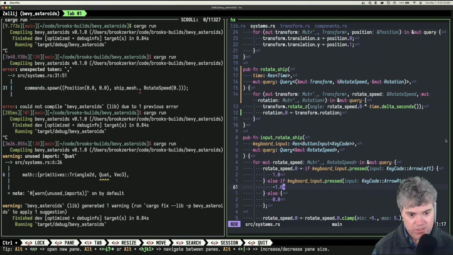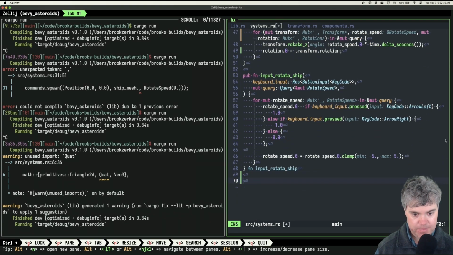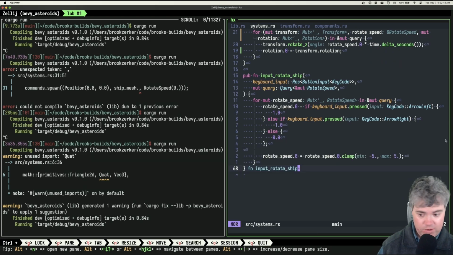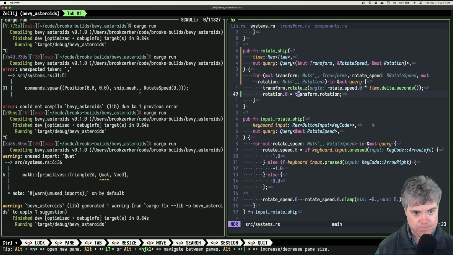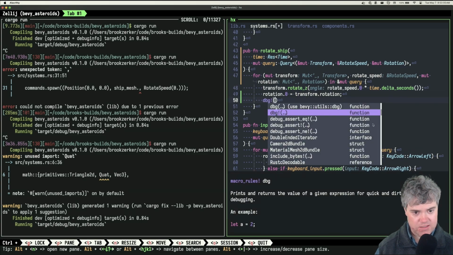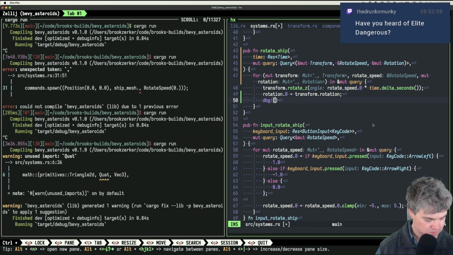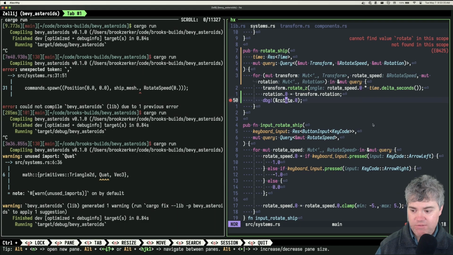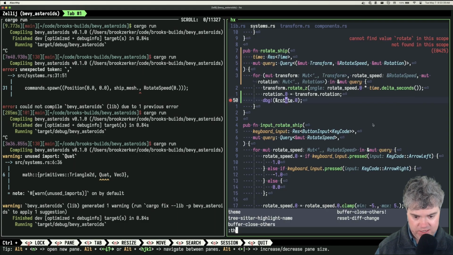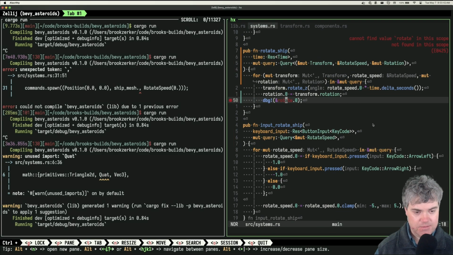Now I have this input rotate ship. I guess, hold on, let's test to make sure that still works the way we expect it to. I wouldn't expect it to fail. I think we can also debug out what the rotation is, shouldn't we? Let's debug the rotation. Can I find value rotate in this scope? Also, I forgot to update my theme. I like this theme. Shows the errors a little bit better.